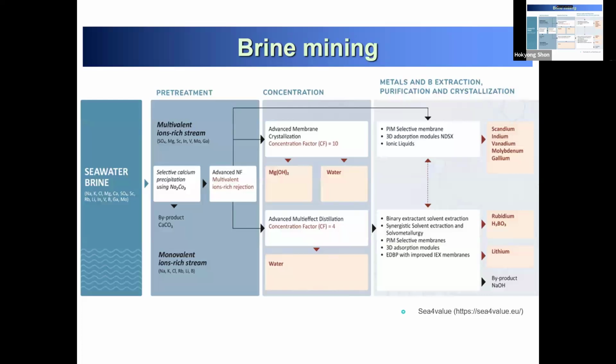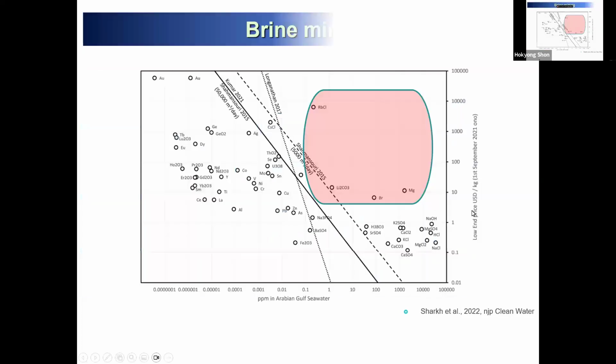What's table salt? In fact, table salt is from seawater. They collect seawater and use solar evaporation continuously. They evaporate water from the seawater and harvest the salt. You find seawater salt in the market, right? So that's the natural harvesting method. That's the way we can recover resources and produce good quality products.